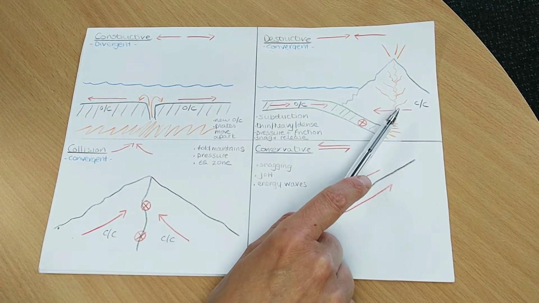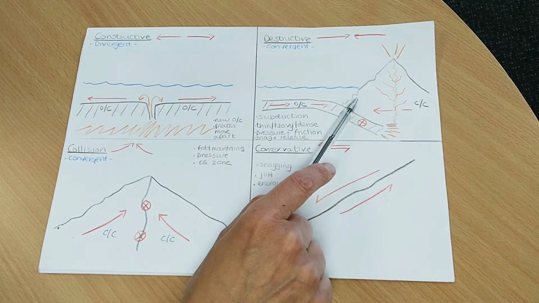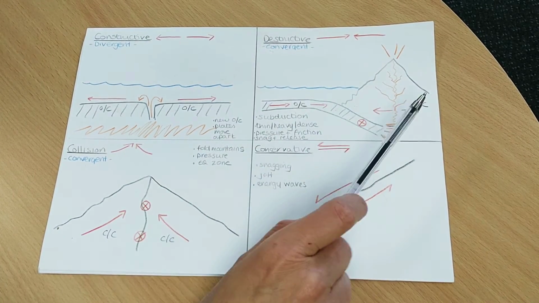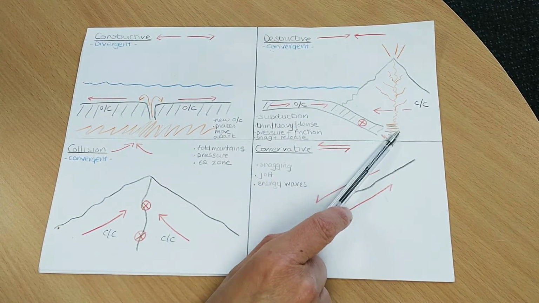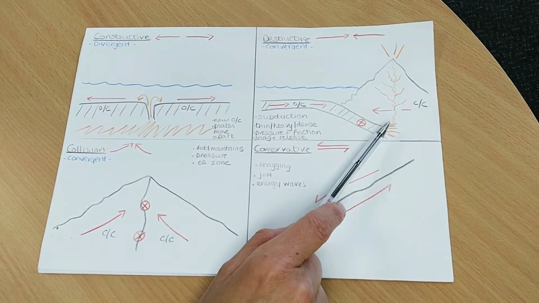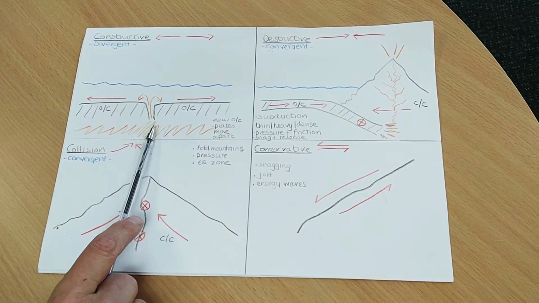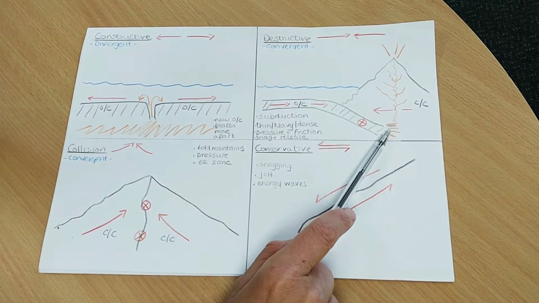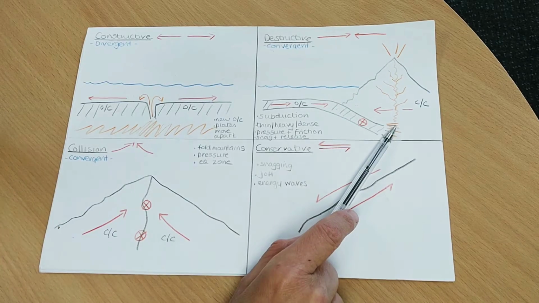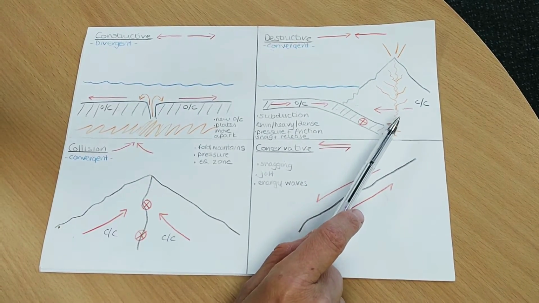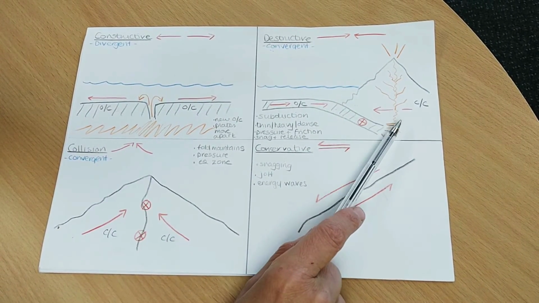We tend to have very explosive activity here, and we also have composite volcanoes because if we think about it, the magma here is quite contaminated. It's not just magma from the mantle, which it is here. So this magma is highly explosive and we tend to get composite volcanoes formed, because the lava tends to be